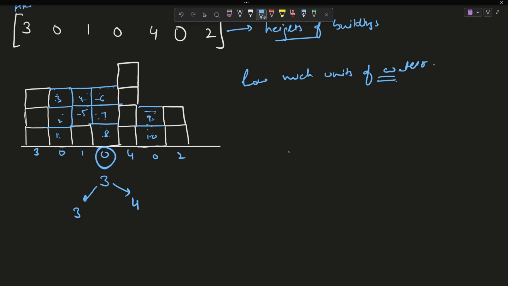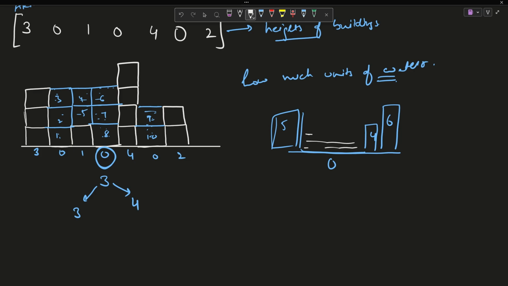Suppose I had another array, right? The length here was 5, the length here was 4, and the length here was 6, right? Like this is the building of length 4, building of length 6, and building of length 5. And now suppose this is a building of length 0. How will the water store here? So you will say clearly that water will store here, here, here, here, here, and up till the length of 5, right? This particular block of 1 unit length will not get filled up.